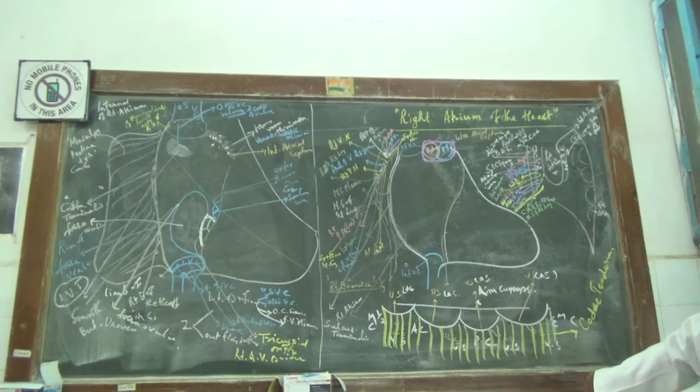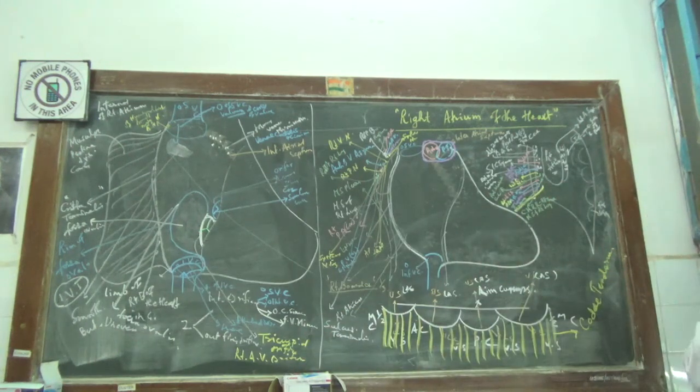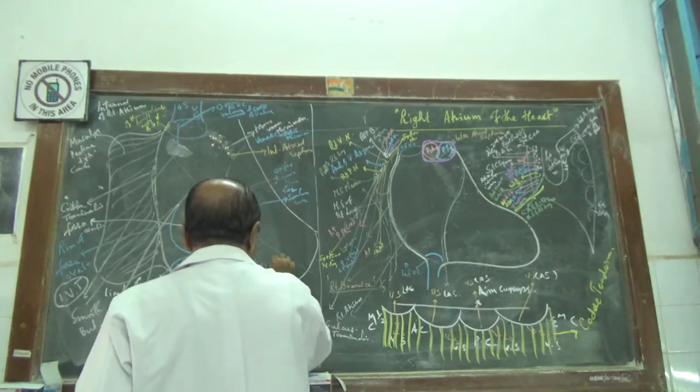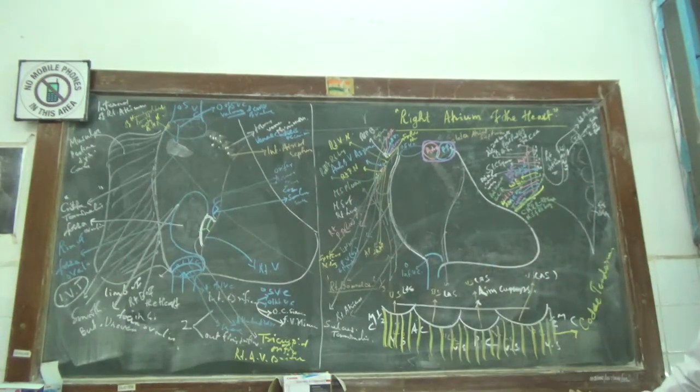In this phase of the cardiac cycle, the atria, which were dilated, slowly begin to contract, and then ventricular diastole sets in. So the blood will be moving through the tricuspid orifice, the right atrioventricular orifice, where you have the three cusps, into the right ventricle. So blood is rushing. Now after knowing this, you have to go to the blood supply.